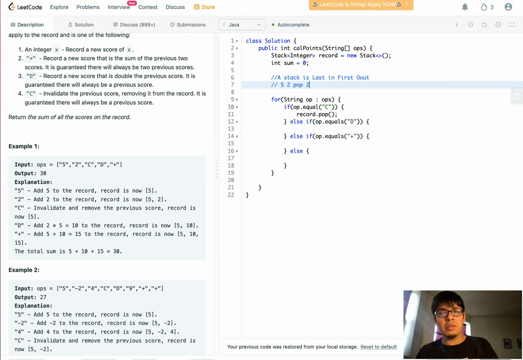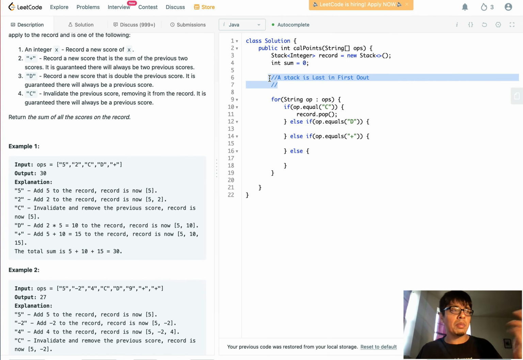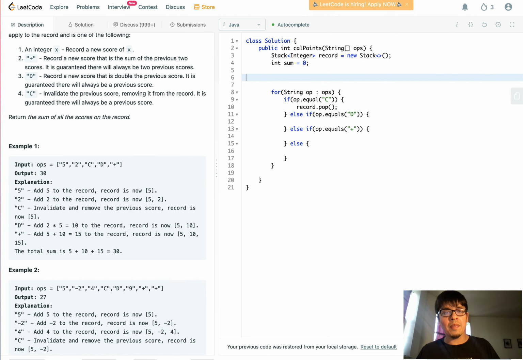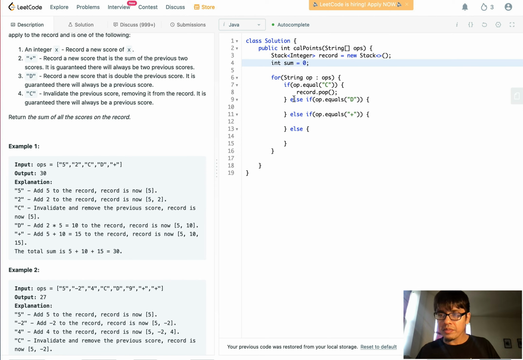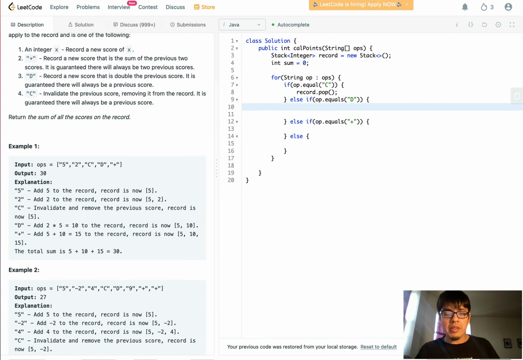Okay, last in was 2. When I pop, which means remove from the stack, I get the last in, which was 2. And then I pop again, and then I get 5. Okay, so that's why they call it a stack. Stuff gets placed on top of the stack, and you pop stuff off the stack, like somebody putting dishes, dirty dishes or something like that, right? Or a stack of dirty dishes, whatever. So then the next operation,